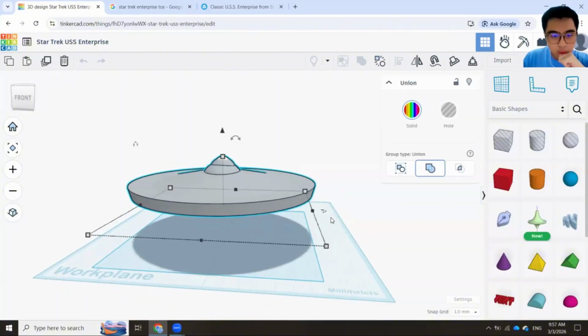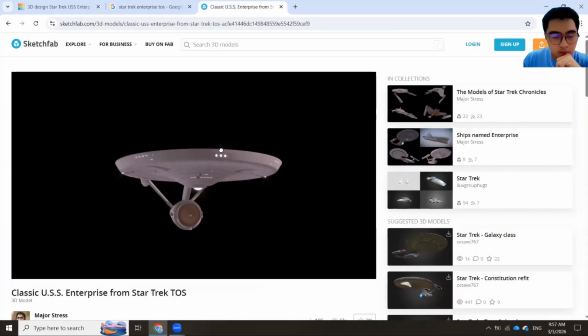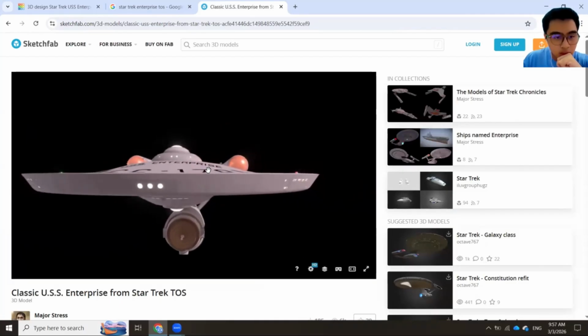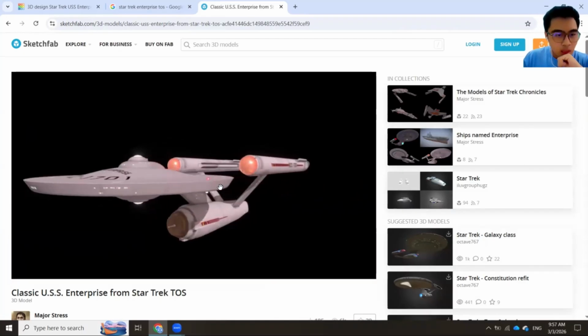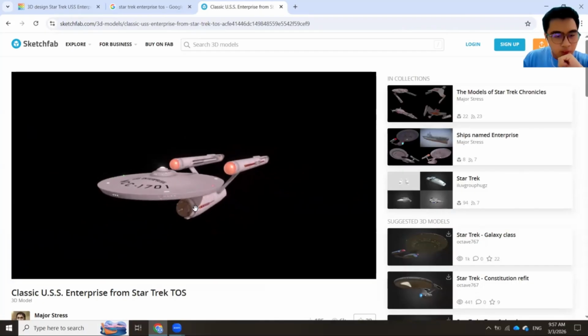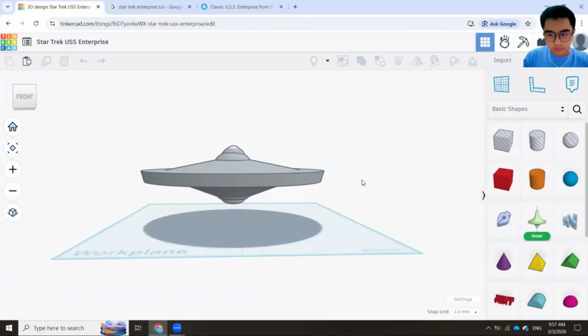Now, before we start, we have to go over to Sketchfab and see it as our reference. Okay, looks like we have three circular windows in front and 5 rectangular here at the side there and also there. So that's what we're going to do.